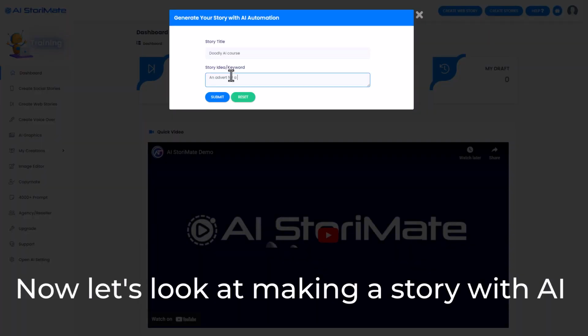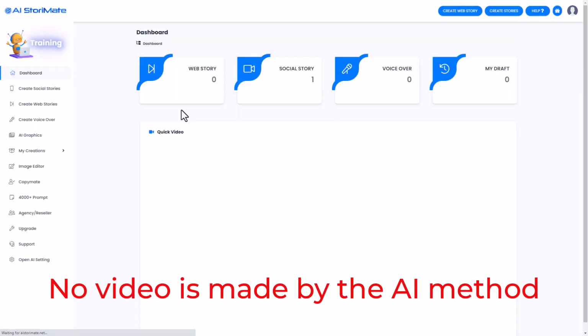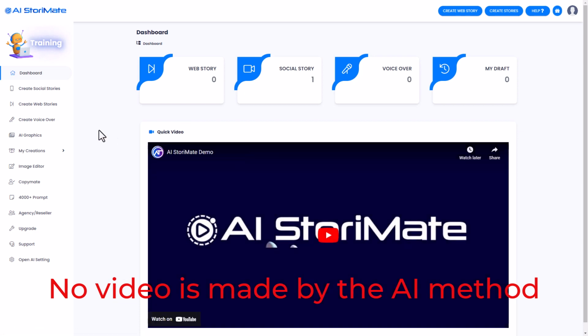So based on that and based on my experience of using it, I would say this is $12 that you should not spend on this product. It's not very good. Please don't waste your money. Thank you. Goodbye.